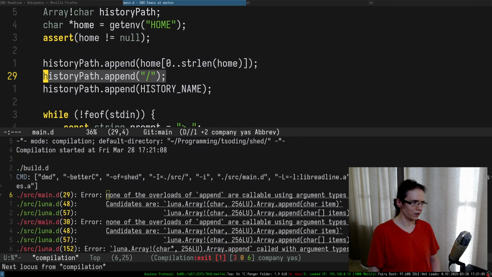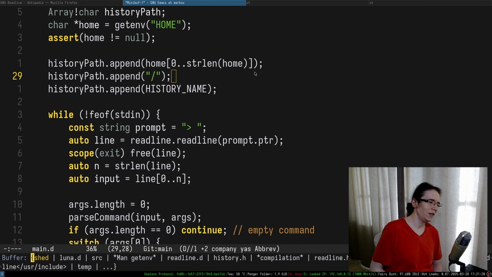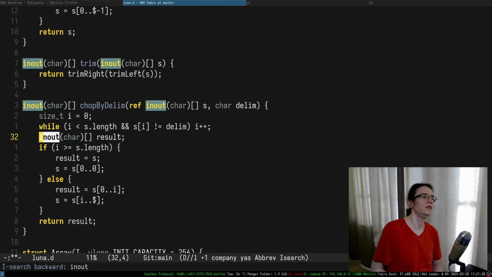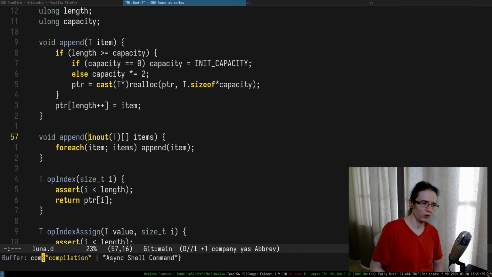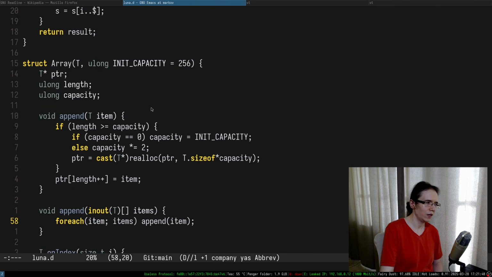Let's try to build this entire thing and see where it fails. Exactly, this is what I was talking about. So what was it complaining about? None of the overloads, yeah, it's a string and so on and so forth. I suppose the main problem in here is that this is an immutable version. Can I just do something like in-out? Because we already do in-out for these things, for the strings, we may try to do it in here too. Okay, so I suppose